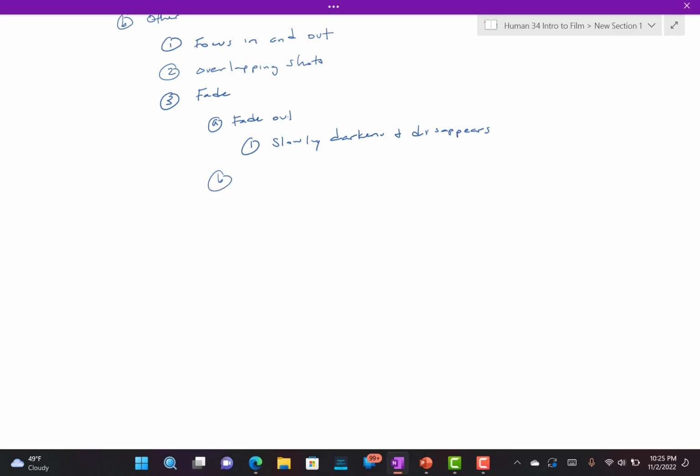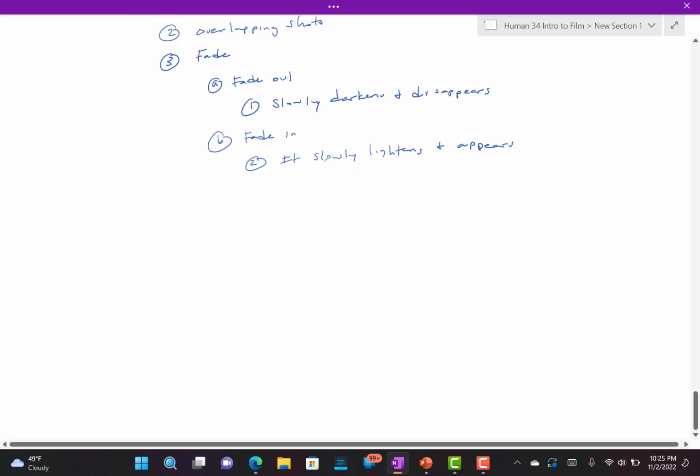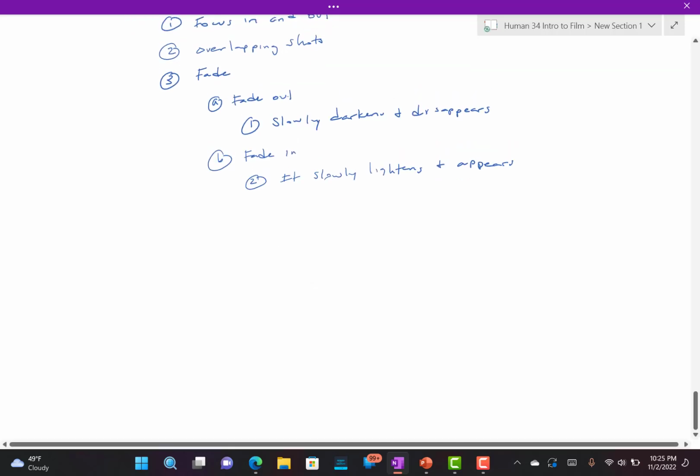Then you can also have fade in, and in that case, it slowly lightens and then appears. So just the opposite of fade out. You can also have dissolve,